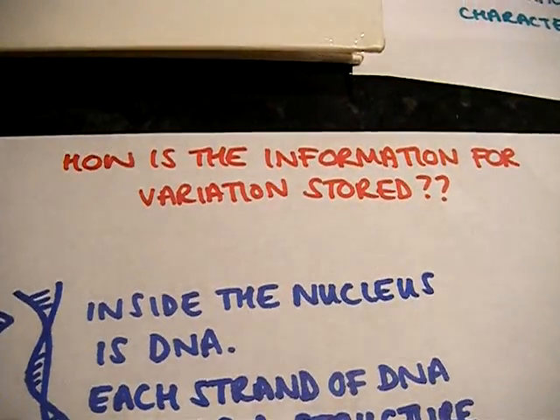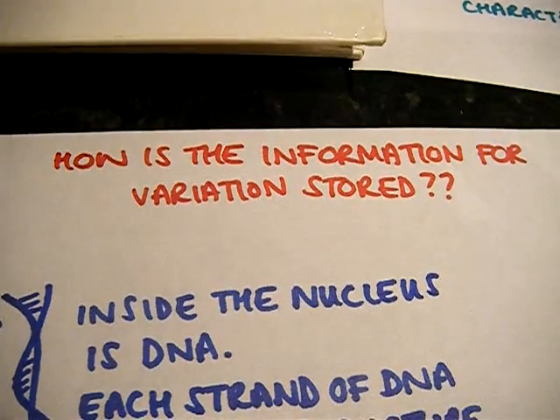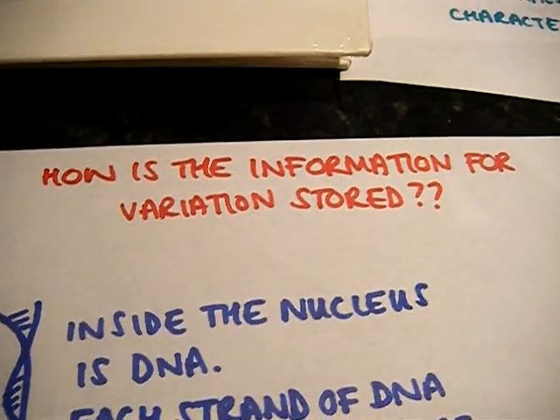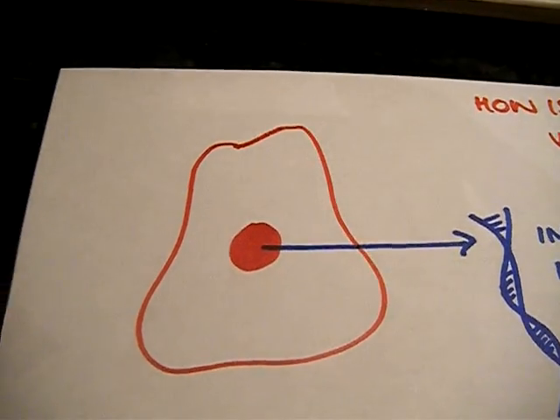How is information for variation stored? So variation is the differences between organisms. And now we're going to talk about how that variation is stored within a cell. So here's a cell,